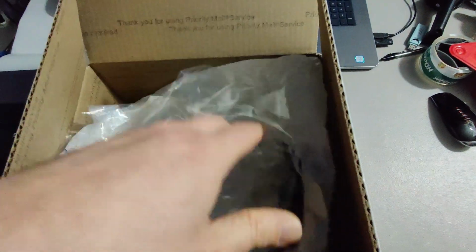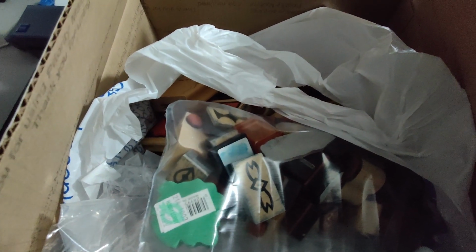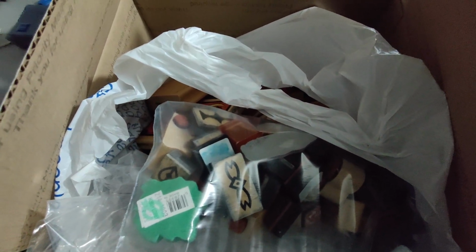So at Salvation Army, I bought a big bag of stamps. You can see in there, I was going to break them up into separate lots and sell them that way. Could have made a lot more money than what I did. I ended up just listing them all together. I did an auction and ended up getting one bid. Sold them for $29.88 plus shipping for a total of